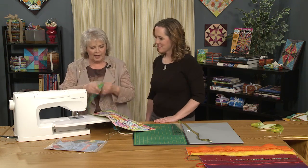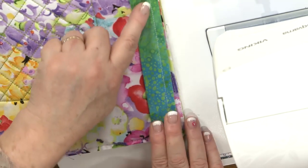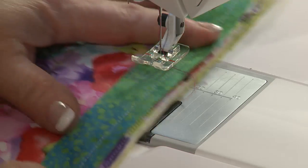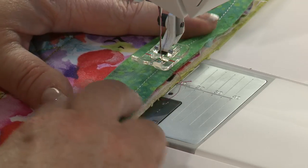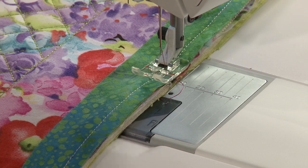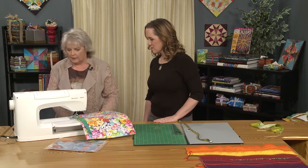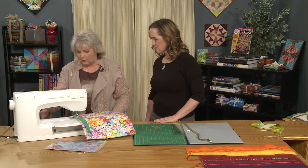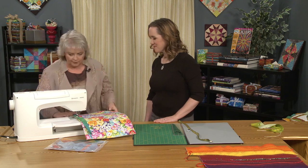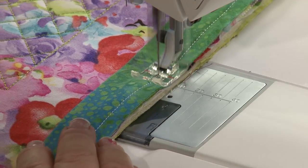How are you going to find out where that line is? So you see the stitching line, that's the stitching line of the piping that it was attached. When we put this underneath, we shouldn't be seeing the piping. And the groove is automatically going to find the cording, so you don't need to worry about that. What we're going to do is move the needle back to the center, and this is the final resting place, right back at the center. And now I'm going to stitch that, and it's going to stitch the piping on